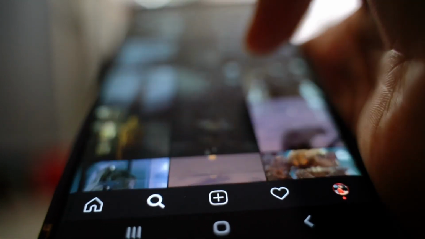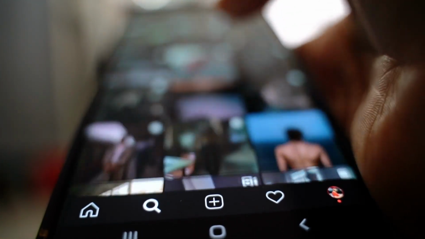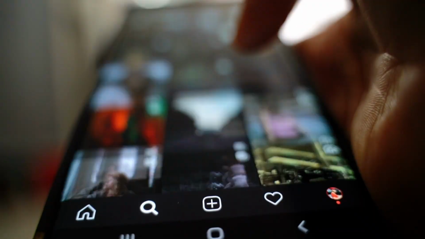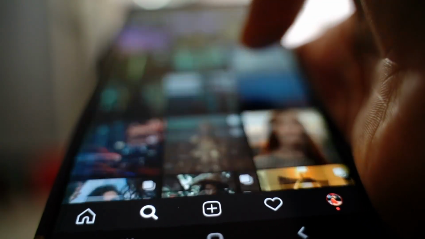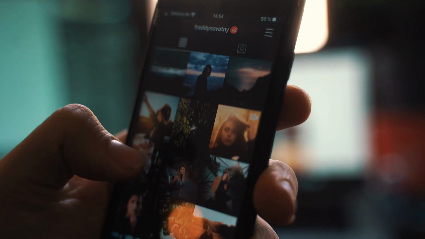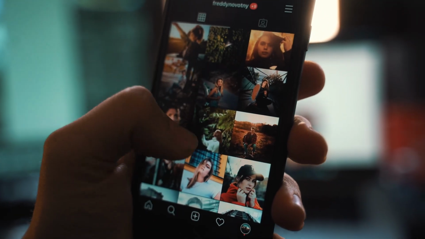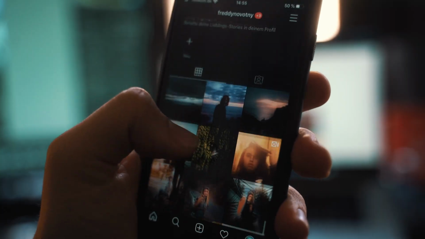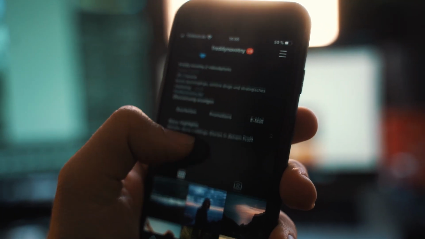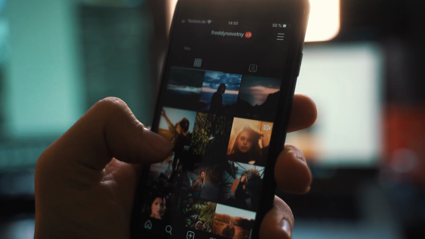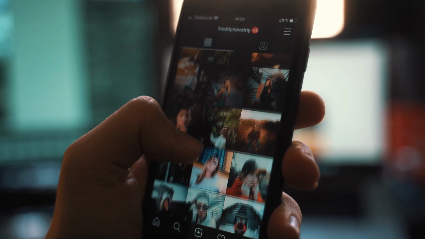Did you know there's a secret application on your phone right now, quietly scanning your photos without your permission? In today's video, we're diving deep into what this app is, why it was installed, how it works, and most importantly, how you can remove it if you don't want it snooping through your pictures. This is a must-watch for anyone who cares about their privacy, so stick around as we uncover the truth behind